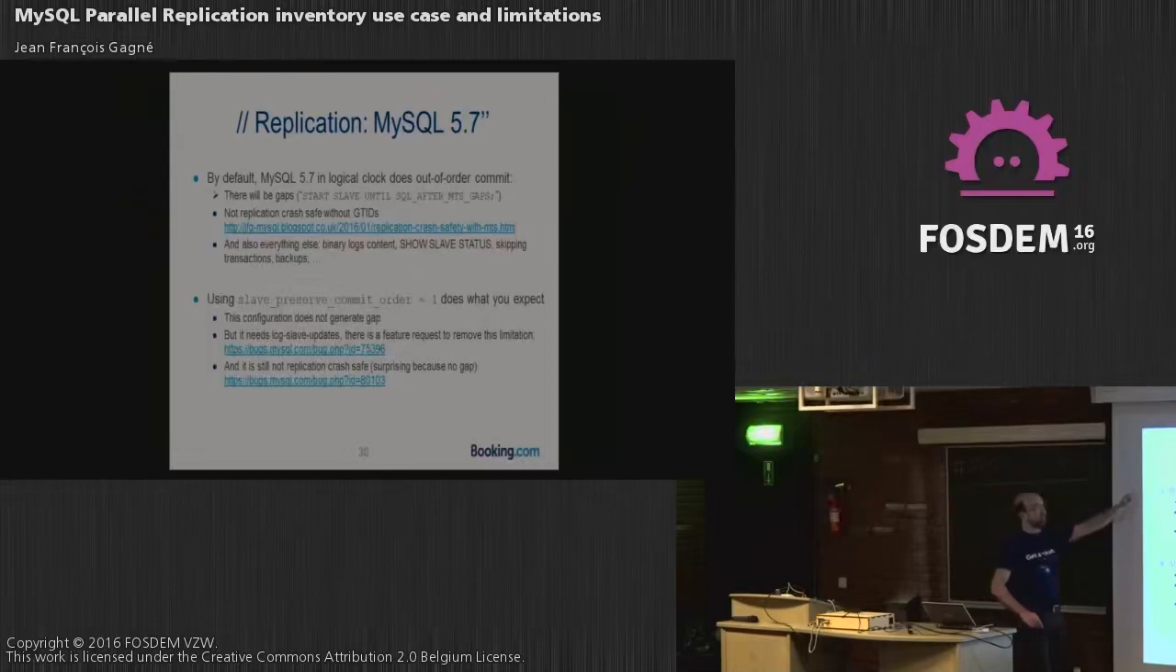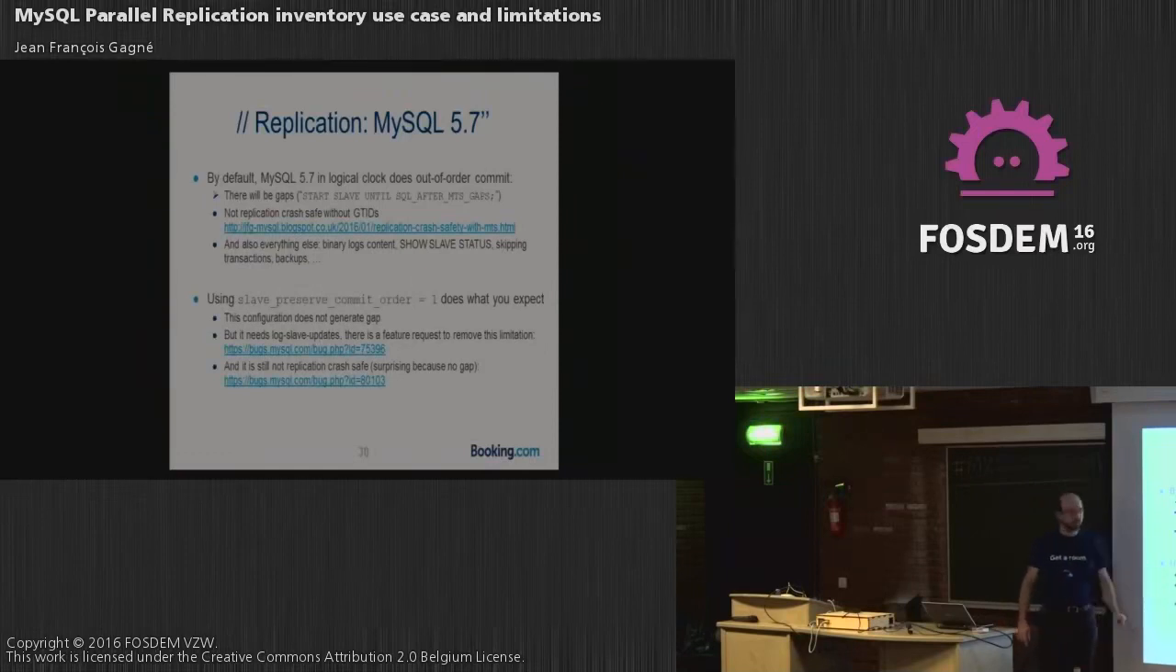MySQL 5.7 by default does not commit transactions in order. So we have gaps, and all the things that come with gaps. And we don't have replication crash safety if we're not using GTIDs. There's a parameter to run things in order. It's disabled by default. But to be able to take advantage of that, you need to enable bin logs and